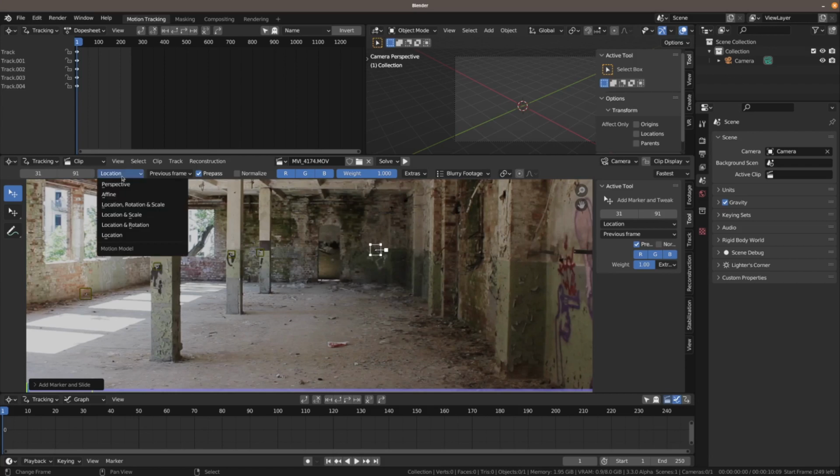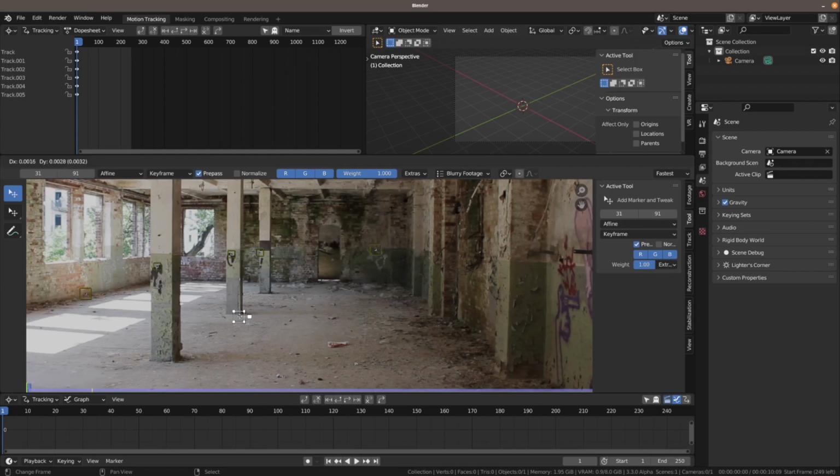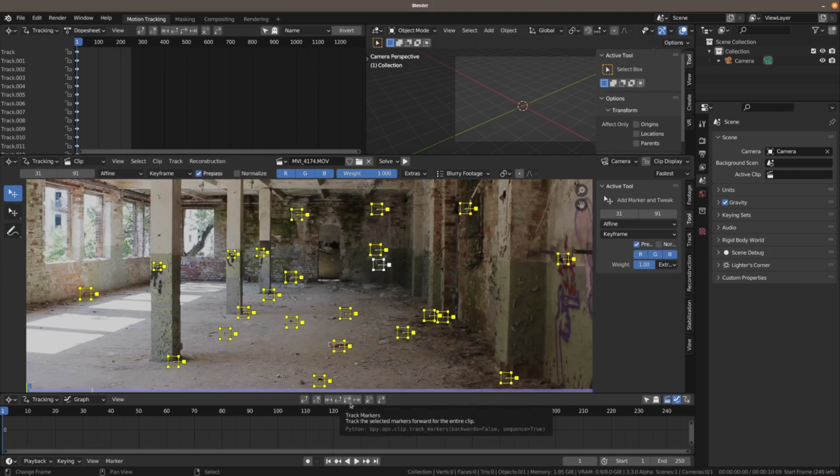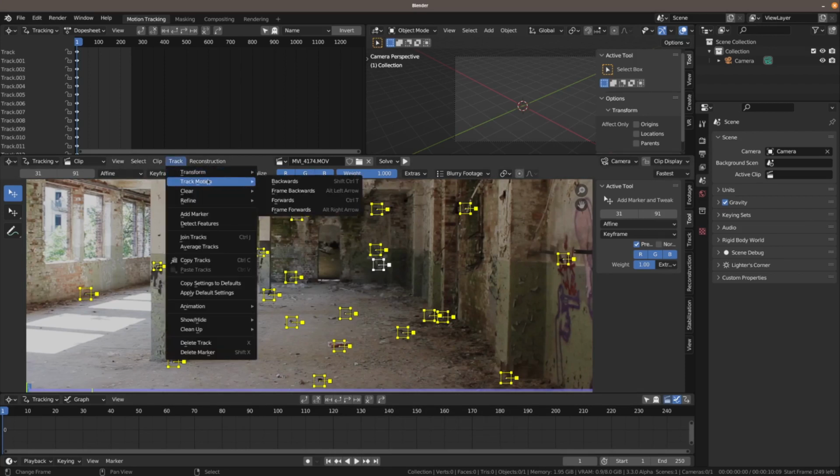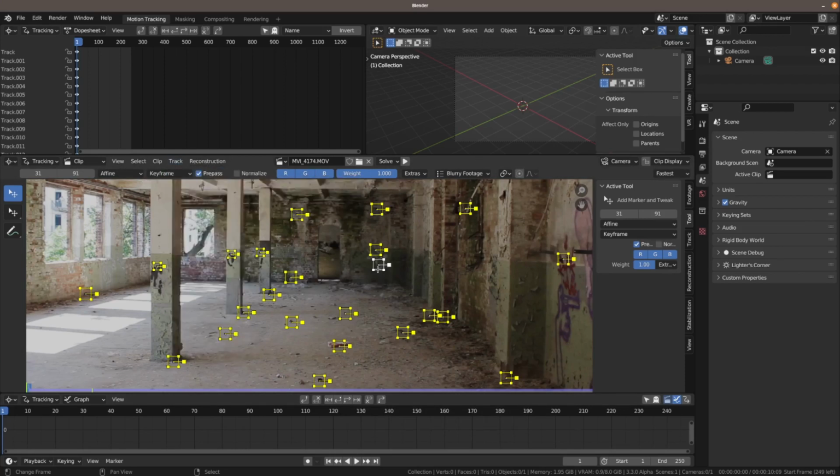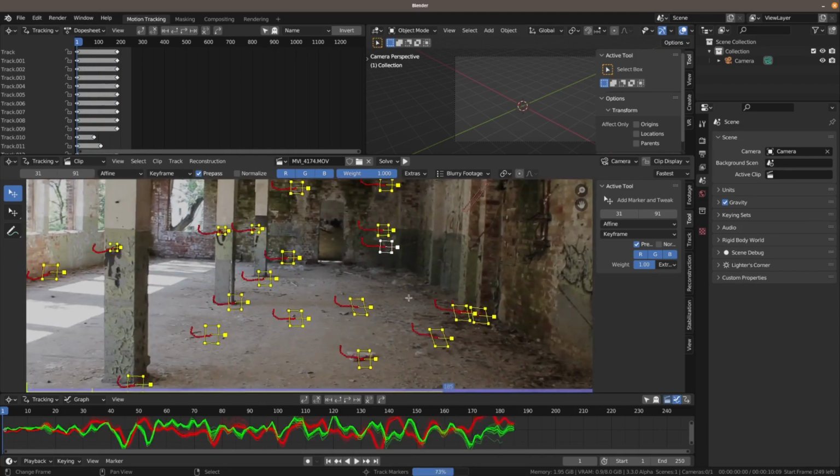Okay, now let's add a bunch of markers. Maybe use the default but affine. So we can add those and just fill the entire scene with markers. Maybe also some on the floor. And clickety click, and then select them and start tracking them by using either this button here or using the menu, or I like to use the pie menu, so you could press E and then use track markers, and if you want to make it really quick, you just press E and swipe to the right, which will now